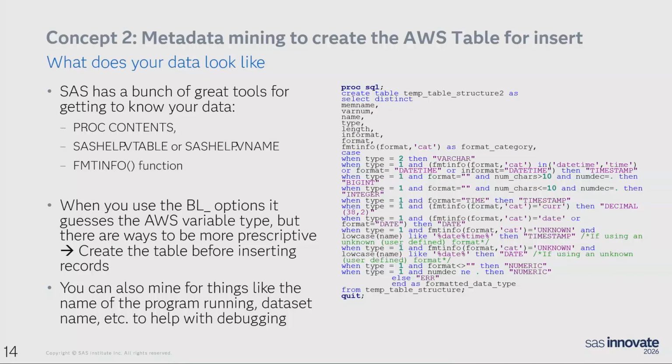One reason that you might take your own path through the S3 buckets is to have more control over the attributes of the data at each point. In this code, you'll see that I'm designating the AWS type based on attributes of the data in a very strategic manner that even accommodates what to do with fields using user-defined formats. I'm also creating a feedback loop that will error this process out in an unexpected or undefined data type scenario. The next step is to create a CSV file from the data.